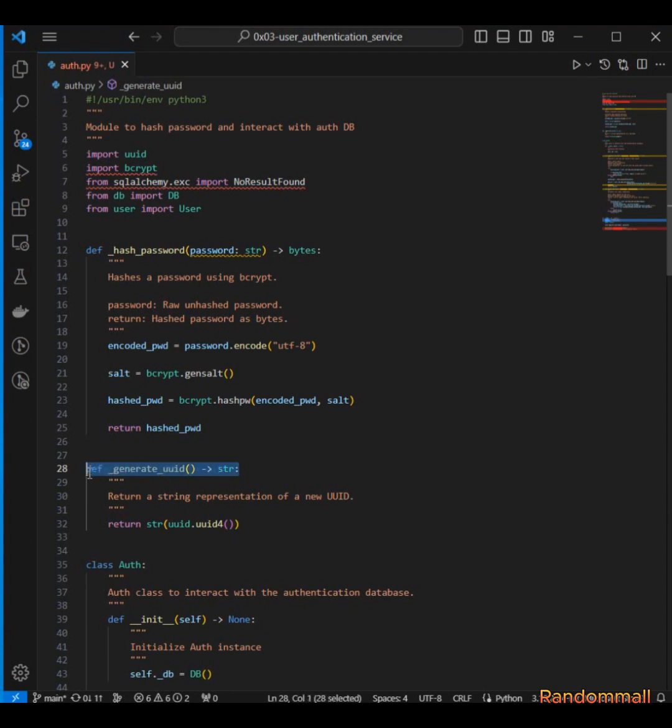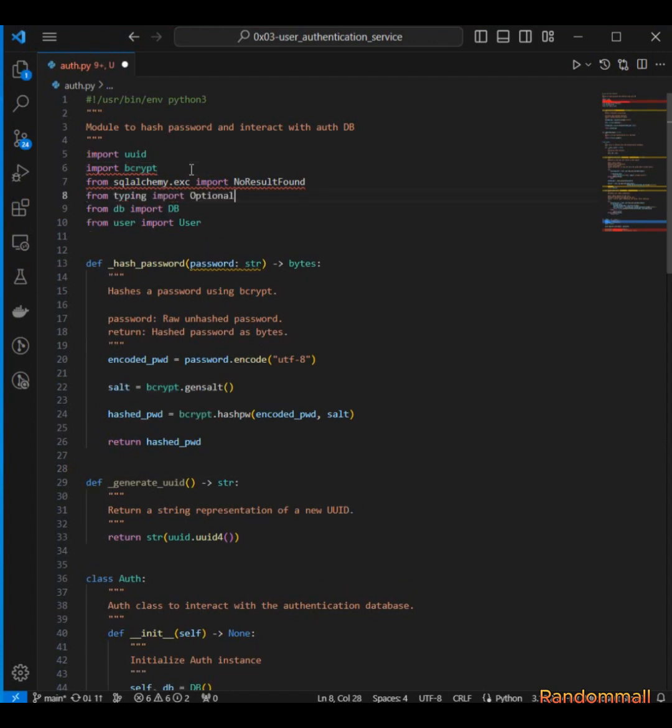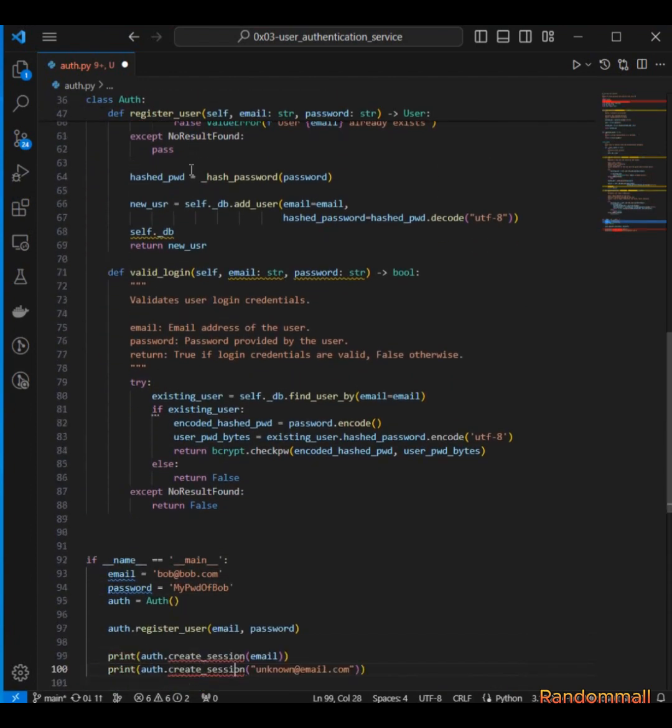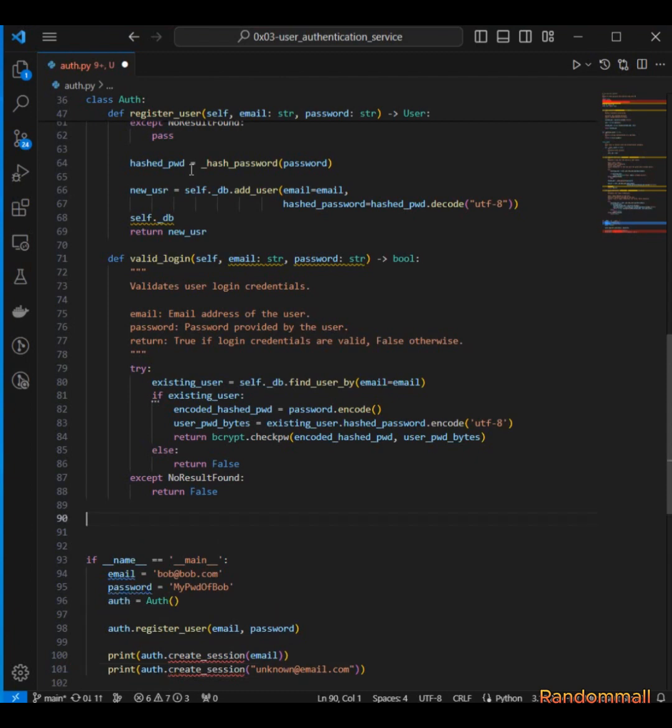and we're going to be using this generate UUID private method to generate the session ID and then add it to the database. First, we have to make sure that we import Optional from typing for the sake of annotation. Then come right down here